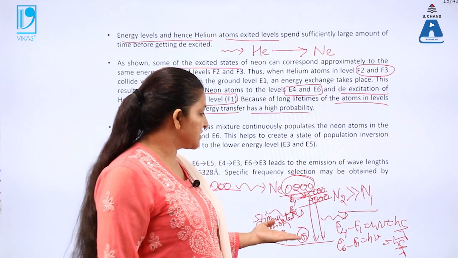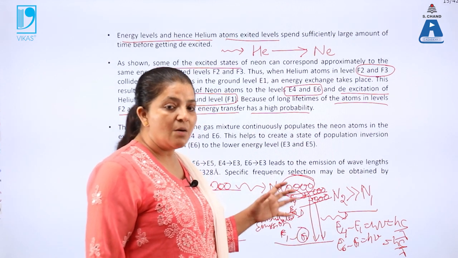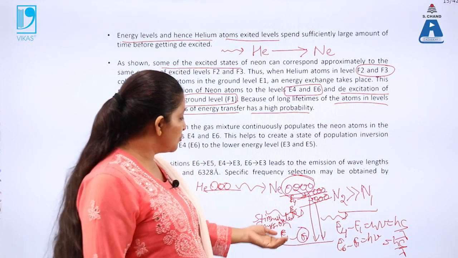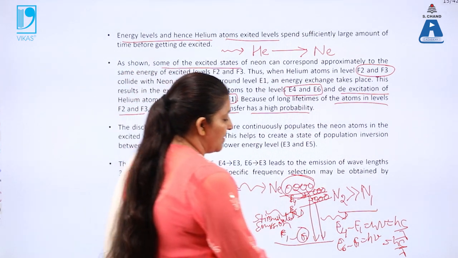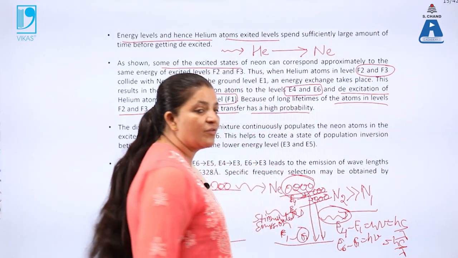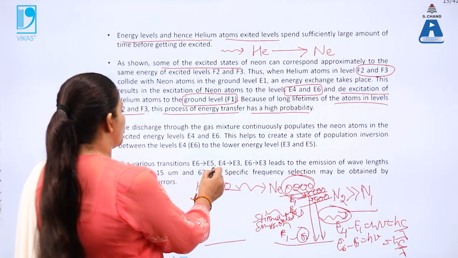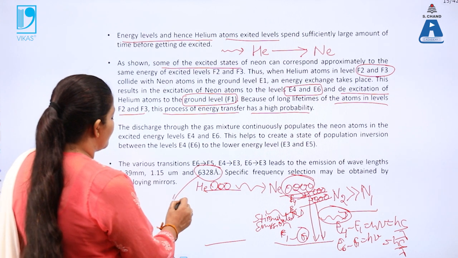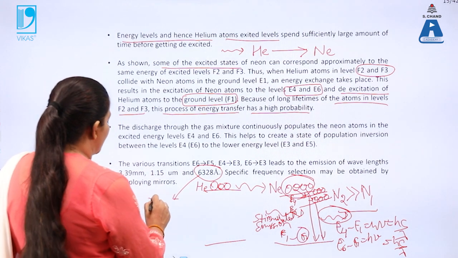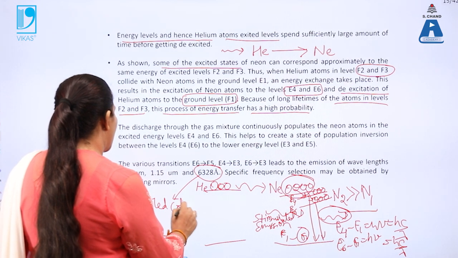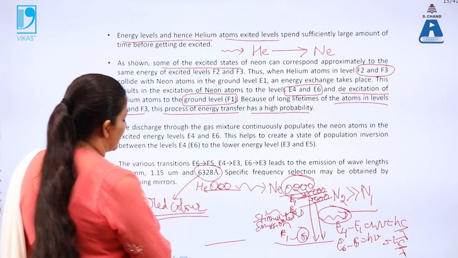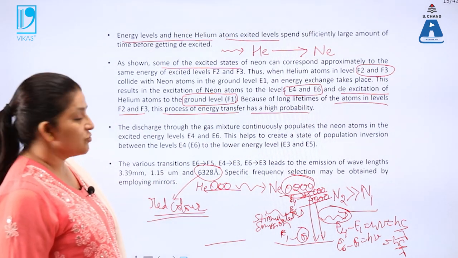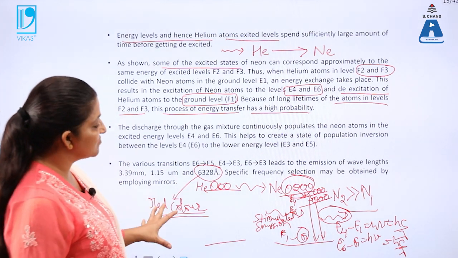Both processes take place simultaneously and continuously by the continuous supply of the initial radiation with energy h nu. Due to this continuous emission, the laser light is emitted with a wavelength of 6328 angstrom. When you see this wavelength on the visible spectrum, it is the red color of laser light. So the helium neon gas laser gives red laser light with wavelength 6328 angstrom.